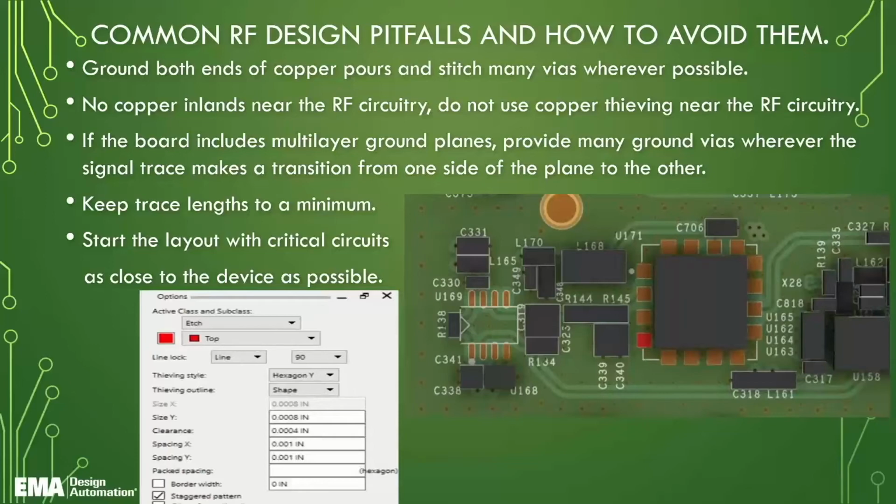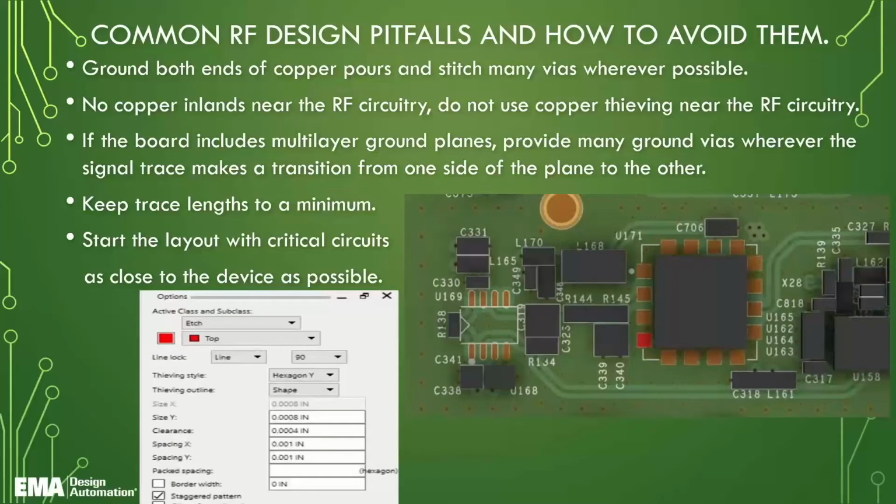If the board includes multi-layer ground planes, provide as many of those vias as you can. As I was saying, I'll go from 1 to 2, I'll go from 2 to 4, or wherever the signal traces will make a transition from one side of a signal through the plane to another side. Immediately have as many ground vias as you can at that signal. Keep those trace lengths to a minimum, and start your layout with the most critical circuits and as close to